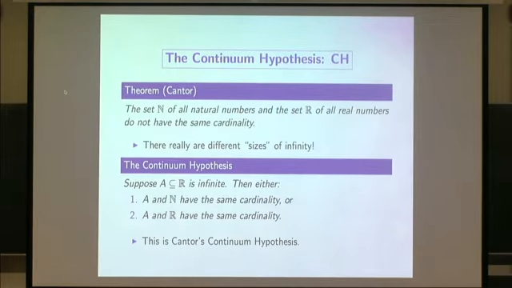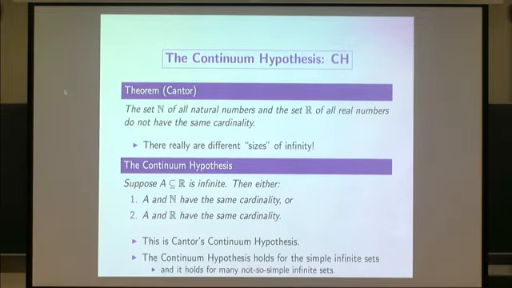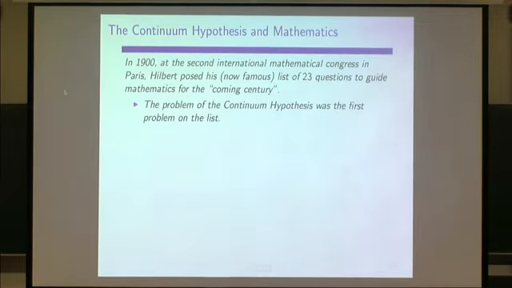Okay, now I'm going to do something very dangerous. I went to Wikipedia. Okay, so if what I'm about to say is historically incorrect, I blame Wikipedia. If it's correct, it's my scholarship. First, this is Cantor's continuum hypothesis. By the examples that I gave, the continuum hypothesis holds for those simple infinite sets, and in fact holds for many not so simple infinite sets. If you look at many natural infinite sets that have arisen, you don't see a counterexample to that formulation of the continuum hypothesis.